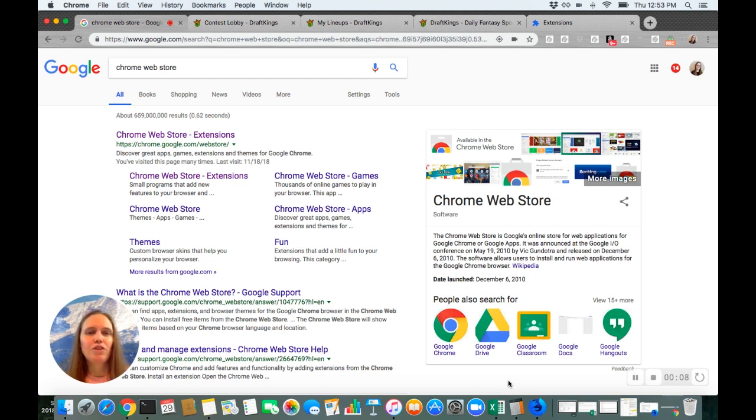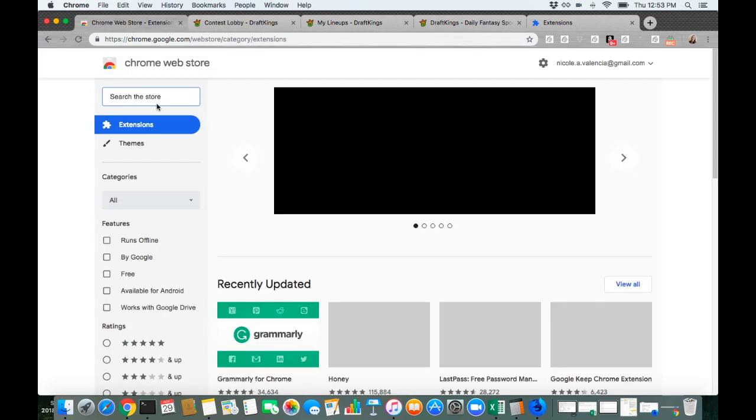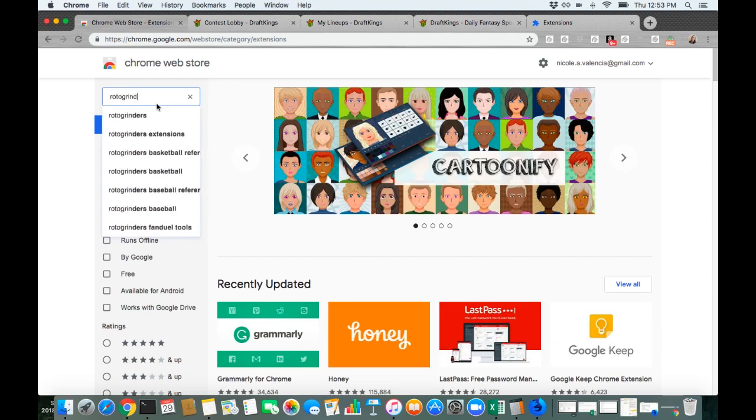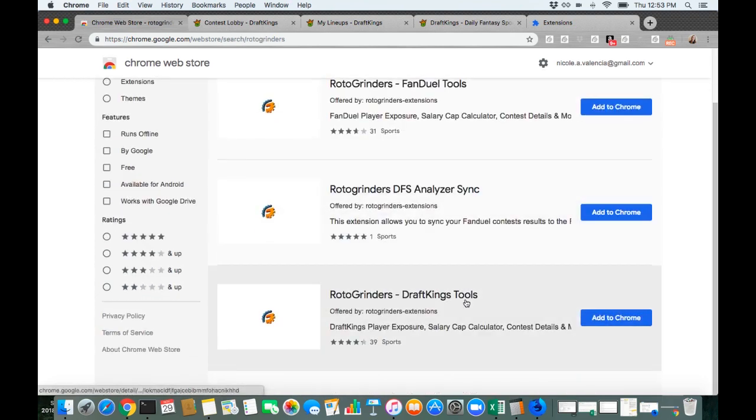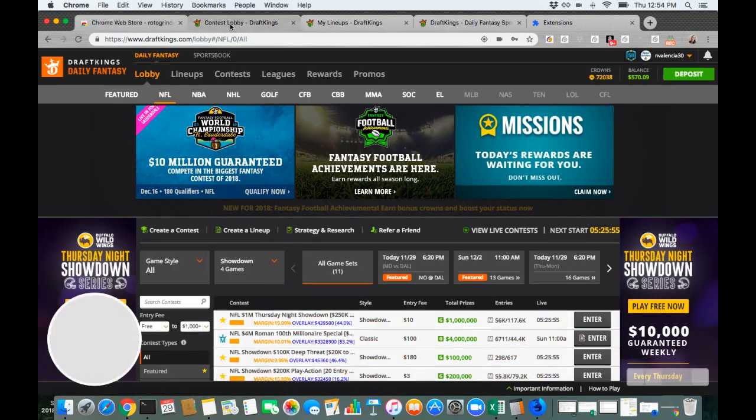RotoGrinders. This is a free tool that you can install on DraftKings, and if you don't have it, you can go to the Chrome web store and search for extensions here, but a quick Google search will do it. Then you just search this in the store for RotoGrinders. You'll see the DraftKings tools, and you just add that to Chrome. Once you have it installed, you can go into DraftKings and check out all of the cool free features that